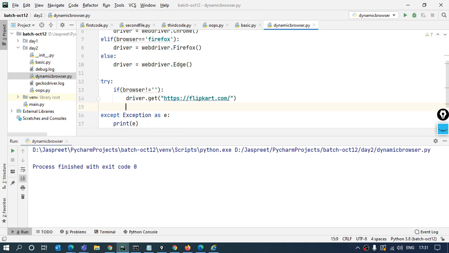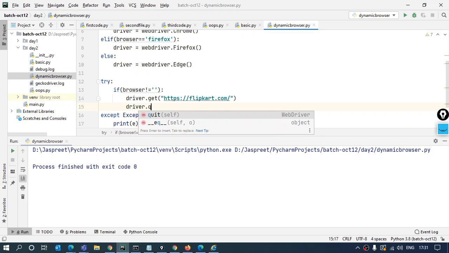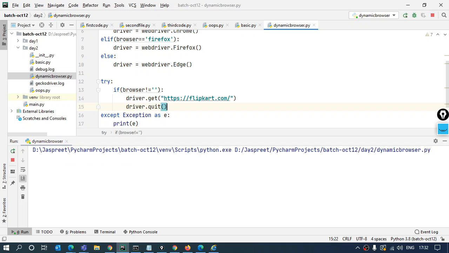So there's a good practice that at the end of every test case, every script, you add this driver.quit command. The quit command closes all the browsers under the session in one go. Even if I have 15 browsers open in a single session, they all will be closed by this quit command. So it is a good practice to have it.